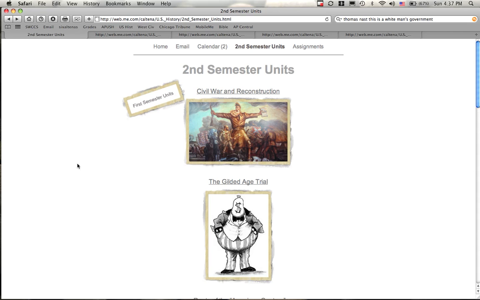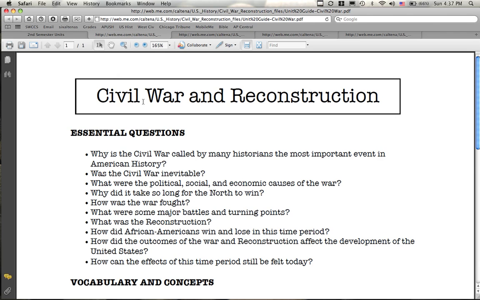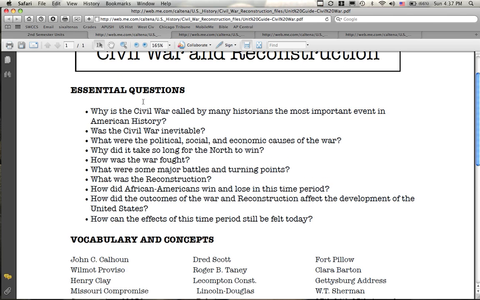In this tutorial we're going to go through the yellow sheets for each of the major units, starting with Civil War and Reconstruction. Remember that the Civil War and Reconstruction unit straddled the first and second semester, so we're just going to deal with the Reconstruction part for this final exam. Well, we'll go to the yellow sheet for that, and some of the questions that you need to remember here